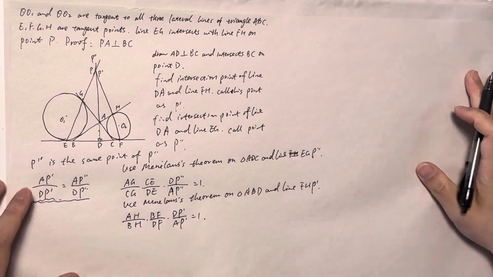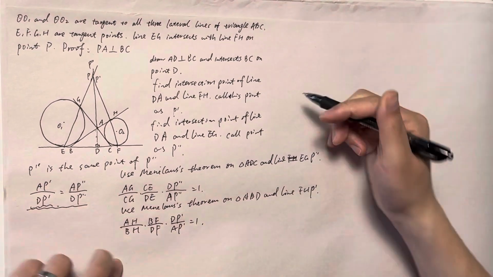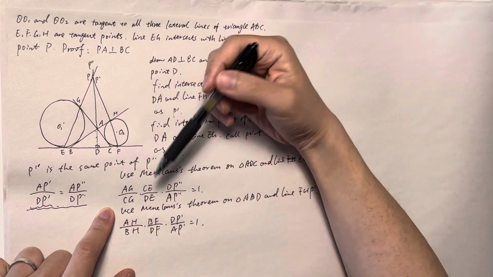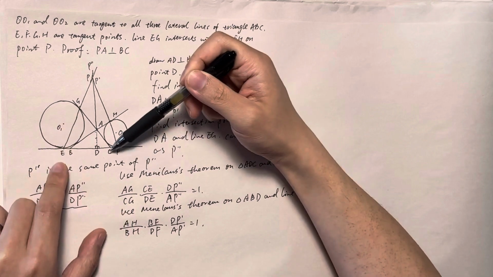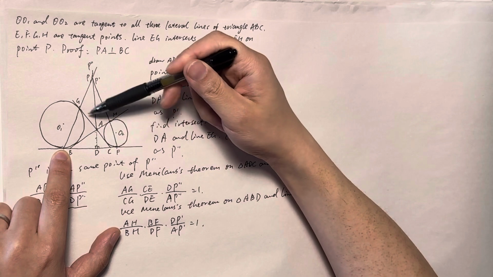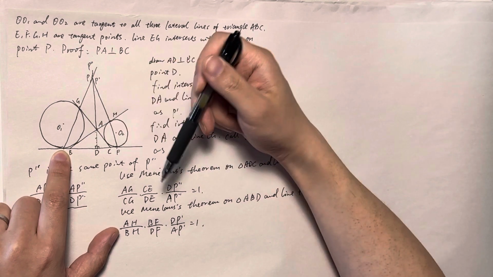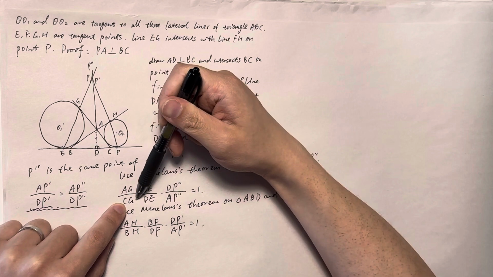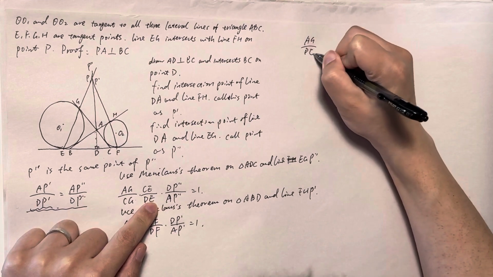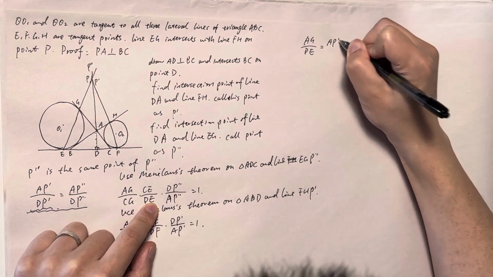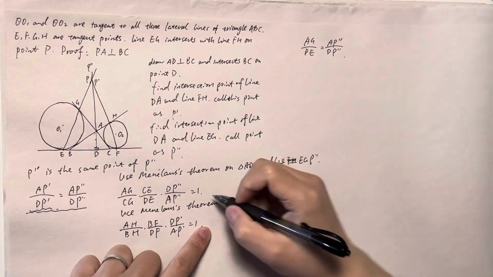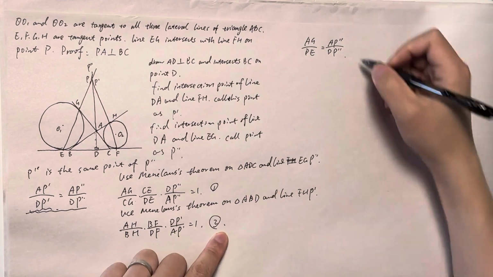So let's simplify these two equations. First, we notice that CE is a tangent line of the circle O1, and CG is a tangent line of the circle O1. So these two terms cancel. That means we have AG divided by DE equals AP double prime divided by DP double prime. We call this the first